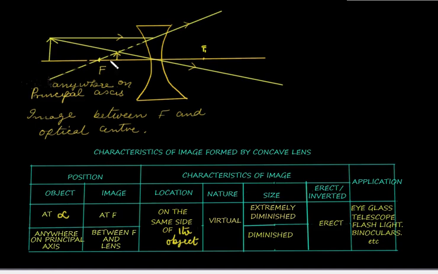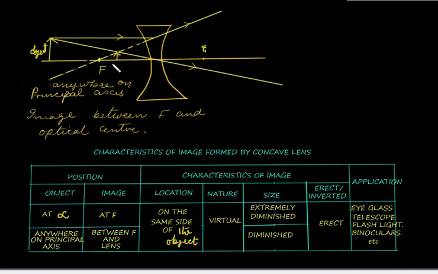Now coming to the diagram, this is the object. It can be placed anywhere. Anyway, it is not at infinity, because if it is placed at infinity, it is extremely diminished and it becomes very hard to show in the diagram. An incident ray gets diverged along this line. Another ray is considered as passing through the optical center. Yet another ray starts from the object and passes along the principal axis.